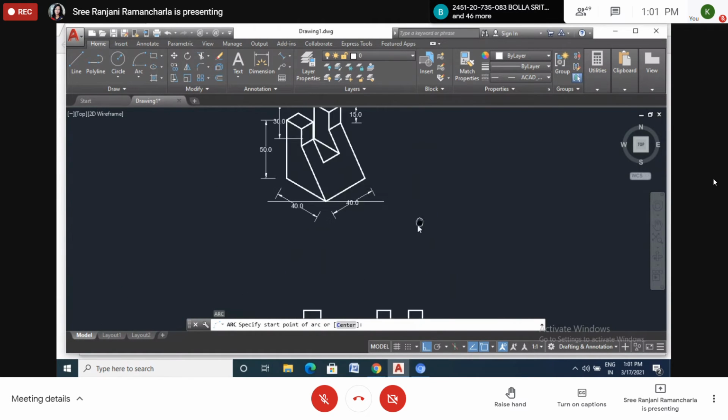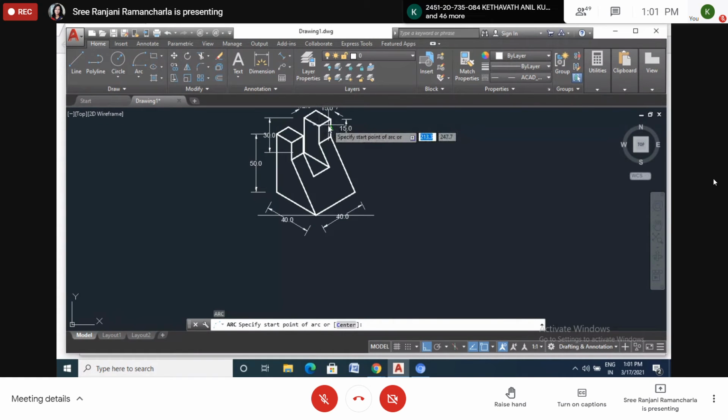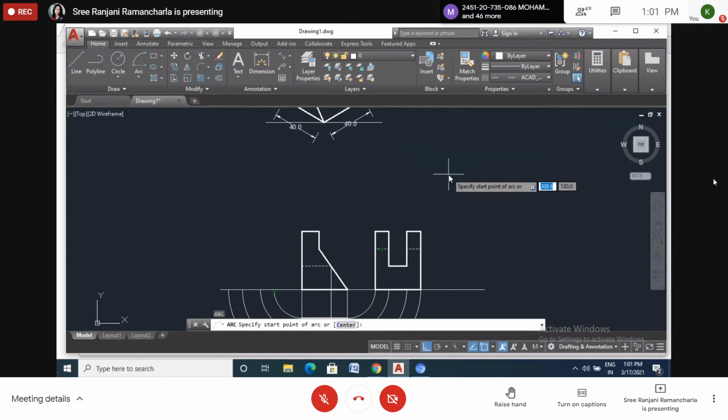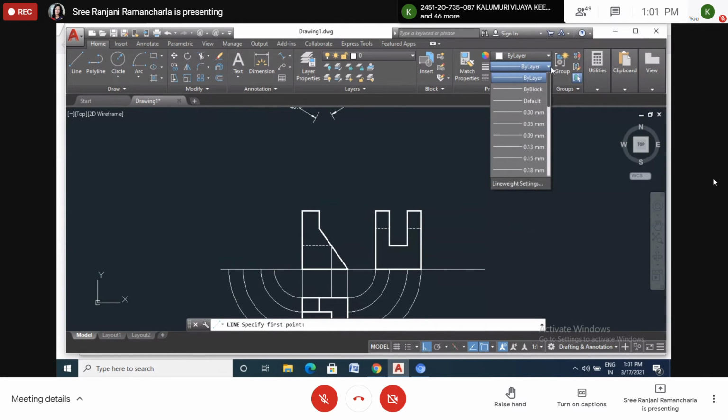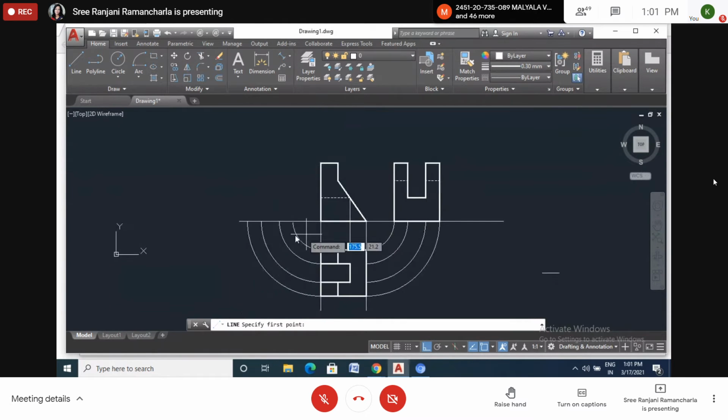Okay. Now just try to imagine everything is visible here. See this one. This side is visible. This side is visible. This one is visible. Everything is seen. So I will go directly by taking this one, 0.3, and here also I want to change by layer. Now first point, then just drag here to get the same height like this.